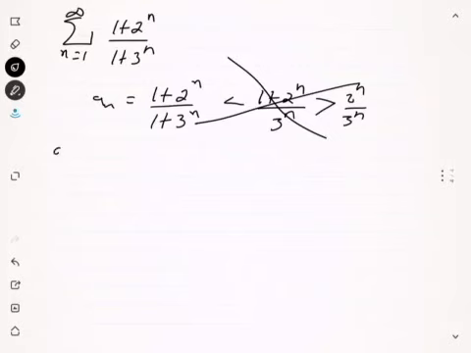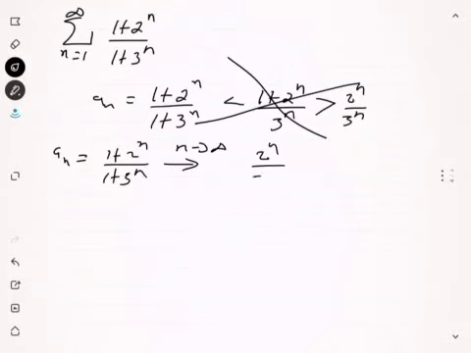However, an, which is (1 + 2^n)/(1 + 3^n), behaves as n approaches infinity like 2^n/3^n, and we're going to let this be bn. We're going to use something called the limit comparison test. The limit comparison test goes like this: you take the limit as n approaches infinity of an divided by bn,